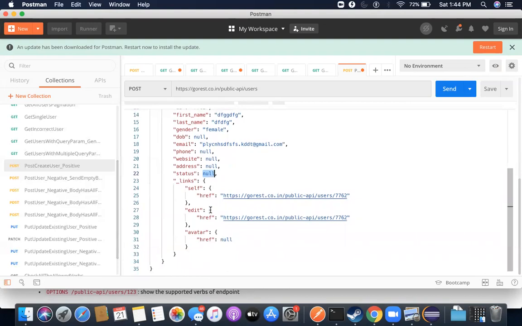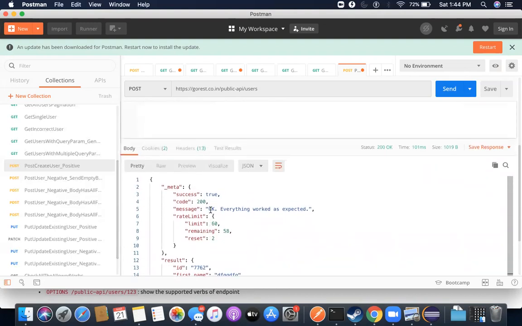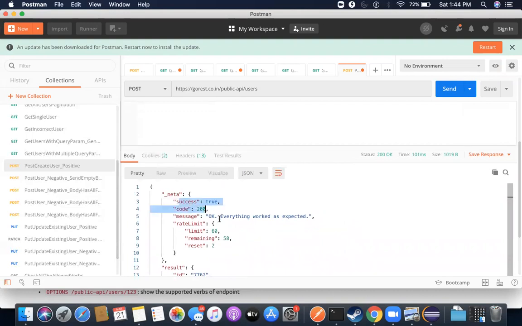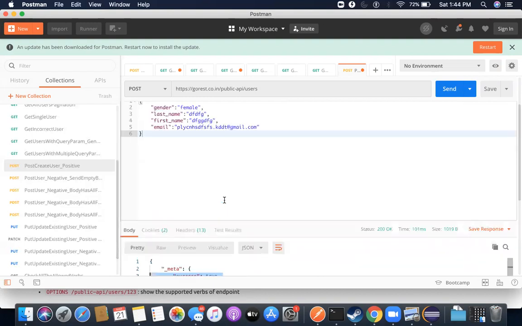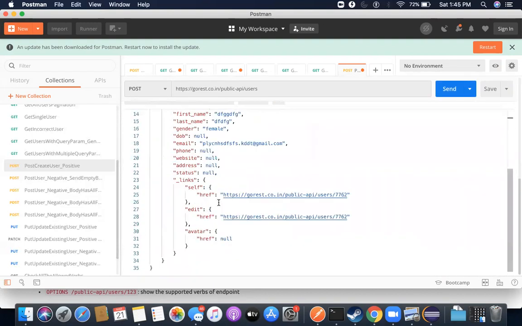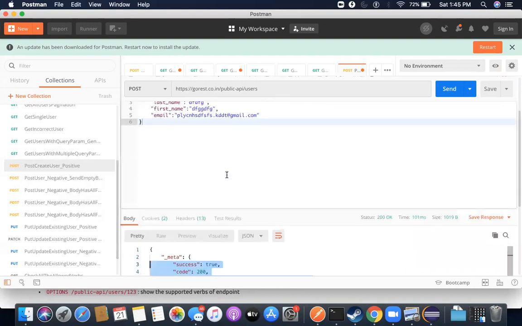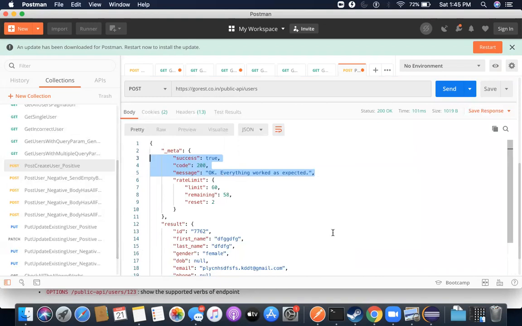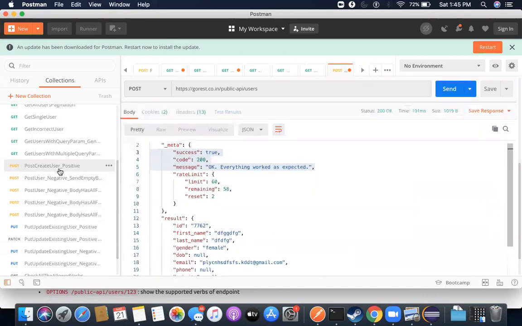So all those validations I need to do, but primarily I need to check 7 things, right? So 3 of these values and 4 of these values. This is what I need to check, right? So my positive test case seems to be working fine, and based on this only I am going to automate it. Before we go ahead and automate this scenario, let me check the other ones,